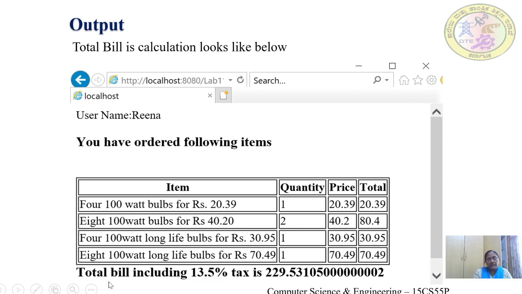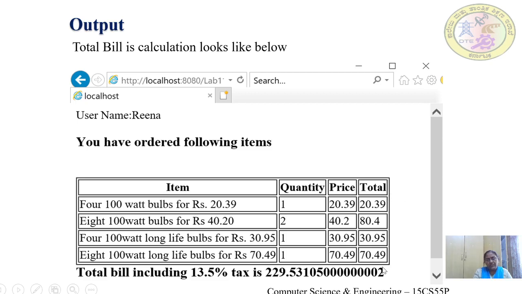Once he submits it, the total bill is calculated, and you can see in the output the username entered by the user, and whatever items he has ordered, along with the quantity, the price of that item, and the total amount for each item.